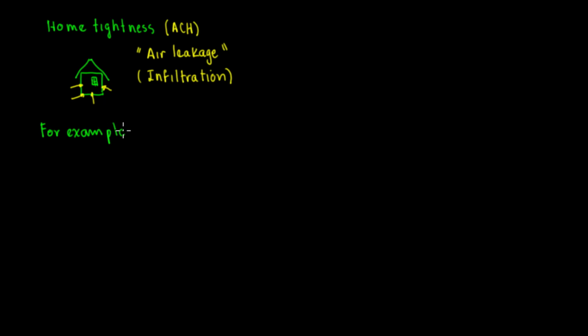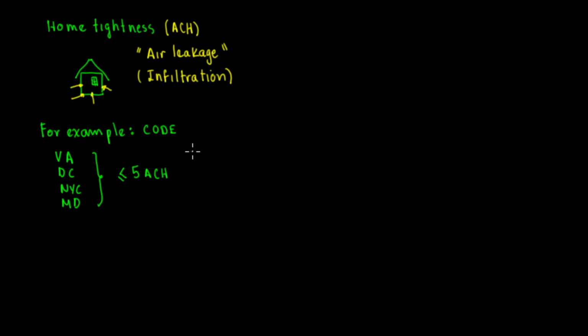Based on the codes, of course, whenever you're talking about codes, you need to check on the location. So for example, based on the code, maybe in Virginia, maybe DC, New York City, Maryland, usually what they say is you have to have an infiltration or an air leakage no more than 5 air changes per hour. There we go, air changes per hour.